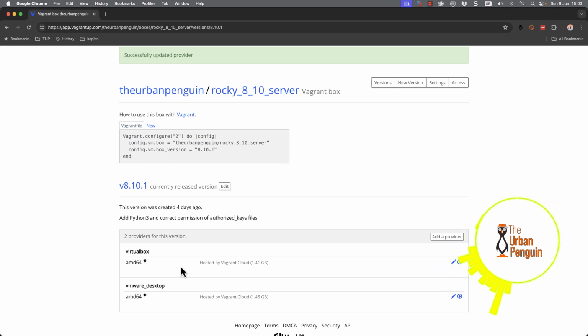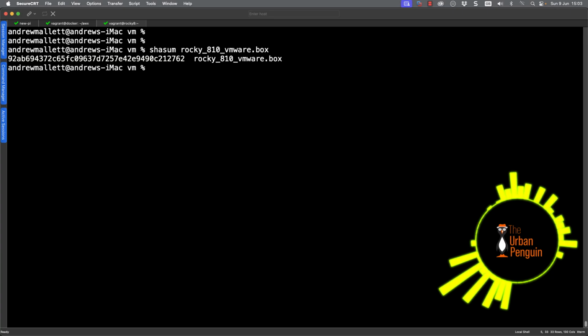But then as I go through, we can see now that I have VirtualBox and VMware Desktop. So we're looking good to go. If it was a completely new image you had uploaded or a new version you're adding, you have to make that the released version. But if I'm just adding a provider, the version's already released, so I don't need to do anything.